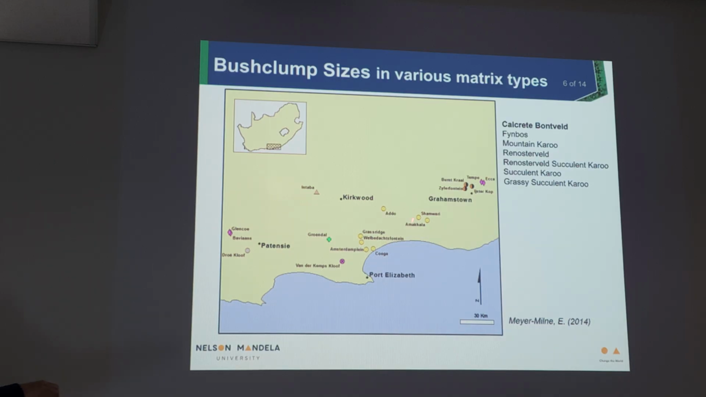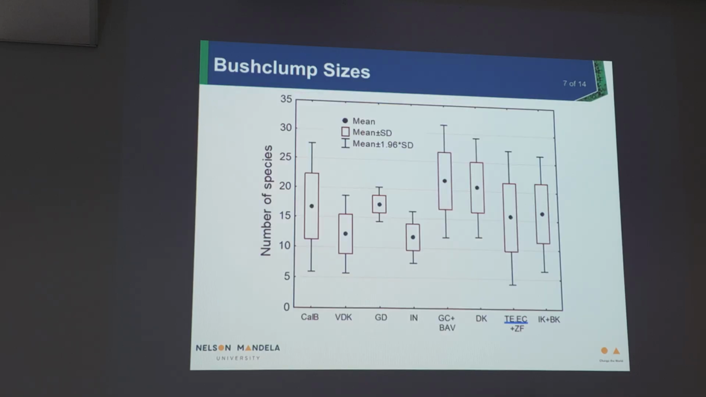Her objective was to compare these calcrete sites in the yellow dots with an assortment of other sites with other matrix elements. Groendal was the Fynbos Thicket site, and then you can see the list. You'll notice that some of them are obviously not there, but it is at least across the bulk of the biome. So looking at what she found in terms of bush clump sizes,